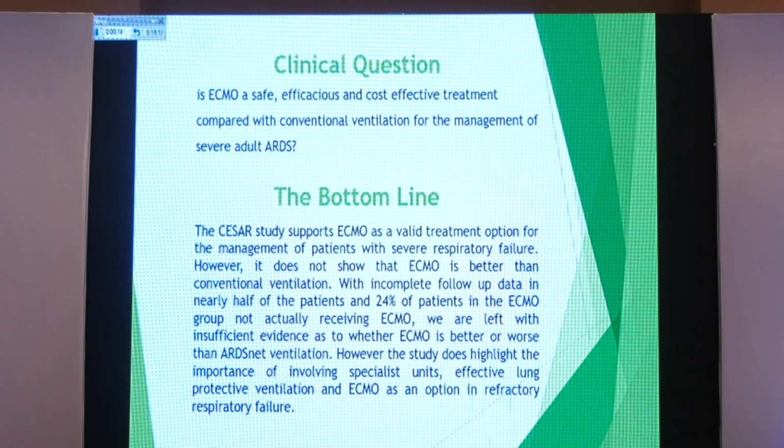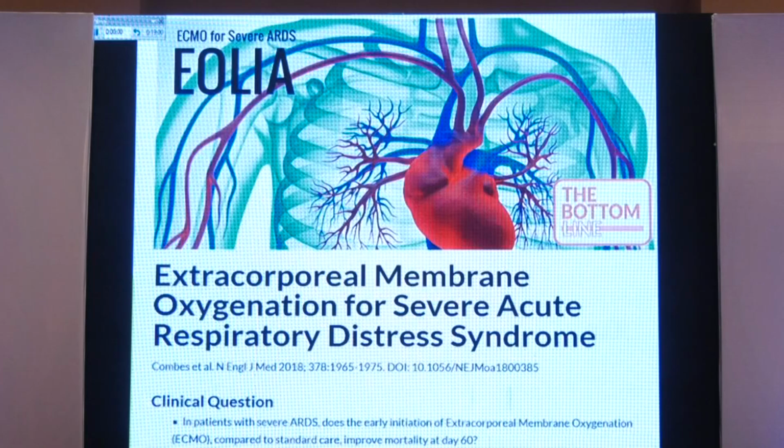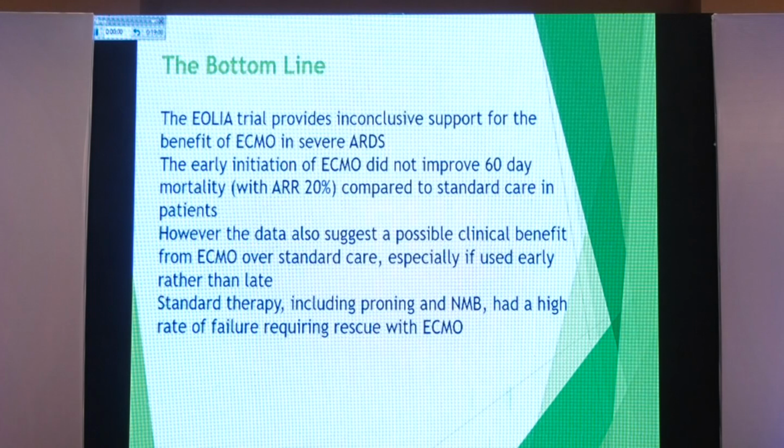However, 24% of the patients in the ECMO group did not actually receive ECMO, so there was insufficient evidence. Still, this CESAR trial and later the EOLIA trial, this is yet the largest trial of VV ECMO in adult patients available, and it showed some caveats. They had to curtail this trial earlier, but it still showed, though inconclusive, a possible clinical benefit from ECMO over standard care, provided you initiate ECMO early on, well in